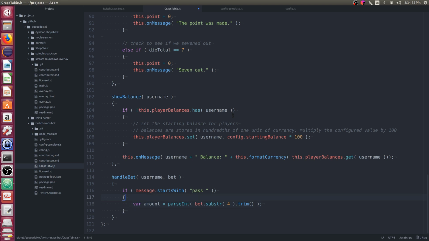And let's actually log a small message here. We won't actually place the bet yet, we don't have logic for that yet, but let's say on message, username, bet placed or bet made for this.formatCurrency, and then let's do the amount.